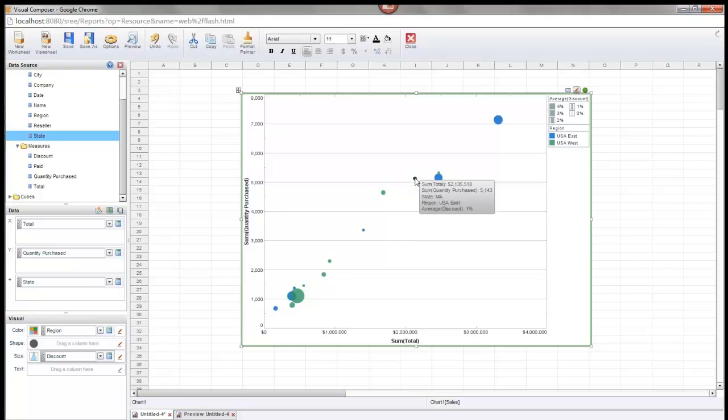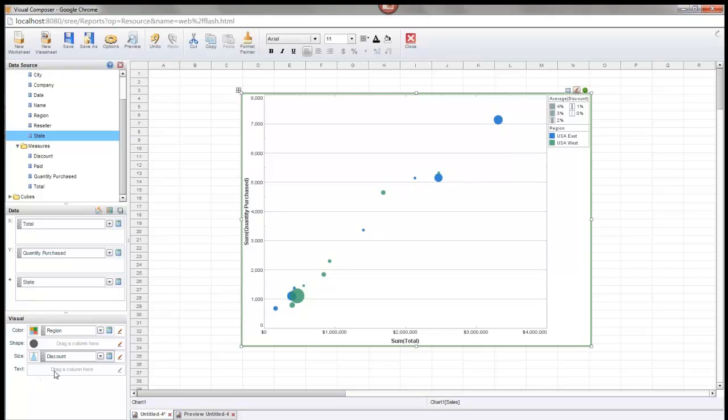I know that from the tooltip. The tooltip tells me which point is which. If I actually wanted to label them, so that it would be clear to somebody looking at the chart without using a tooltip which state is which, well, there are two ways that I could do that. First of all, I could use a visual format. In other words, I could, for example, use the shape of the point, and then I would have different shapes corresponding to each state. But if I wanted to keep the visuals like this without introducing different shapes, I can